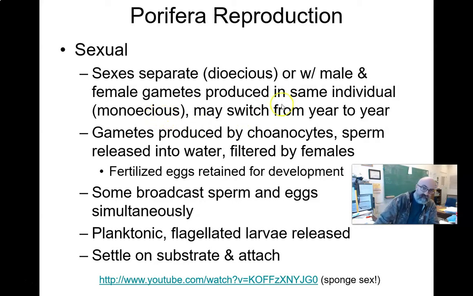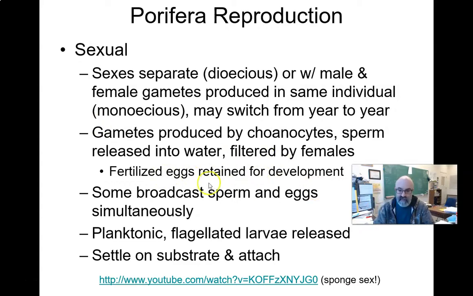And actually sponges are weird because they can actually switch. So, you know, talk about gender roles here. Gametes are produced by the choanocytes. The sperm is released into the water. The female filters that out. She basically whips around with her choanocytes, draws in the water. The sperm is filtered out, fertilizes her eggs, and then